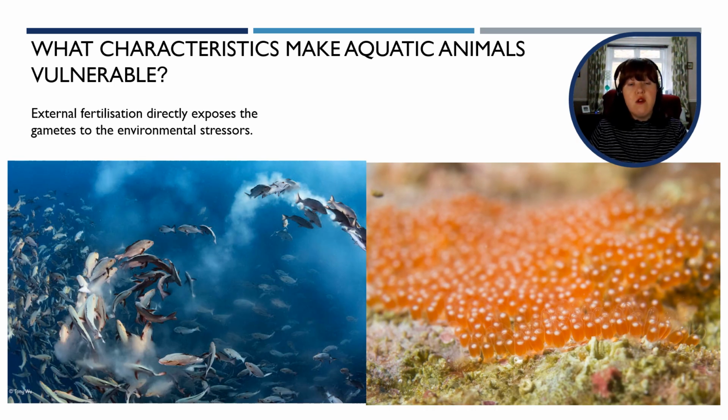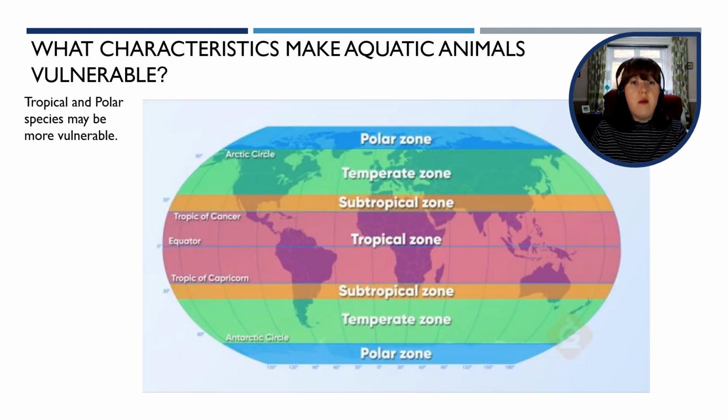Many aquatic animals, such as fish and coral, rely on external fertilization, where eggs and sperm are released into the water. Acidic conditions can interfere with this process by reducing the viability of gametes and altering sperm motility or impairing fertilization success. Tropical species are predicted to be more susceptible to pH fluctuations than subtropical or temperate species. This is because tropical species live in an environment where the temperature is close to their upper tolerance limit range, and any additional stresses will pose a severe impact to their life.